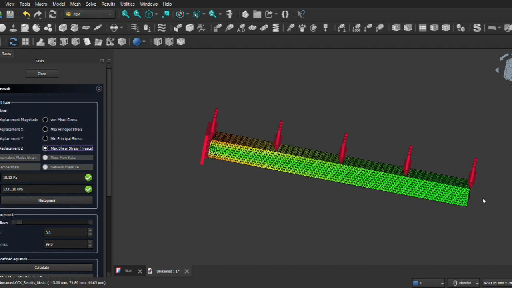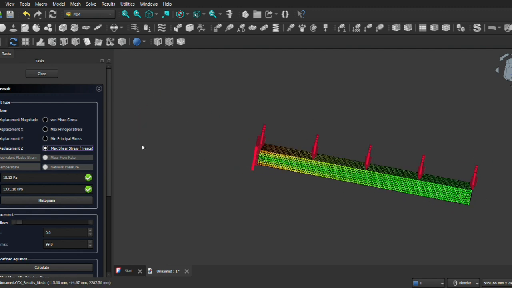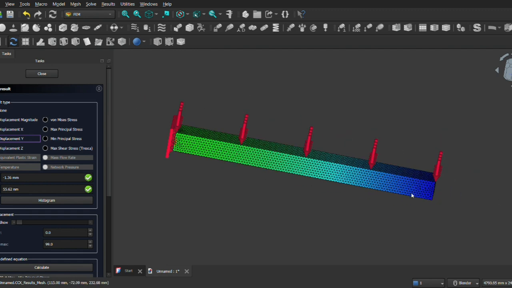We'll be creating videos similar to this. I'm working on a contact problem for a pavement, and if you feel like these videos are going to be relevant,